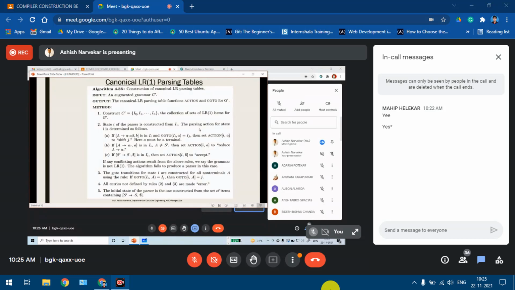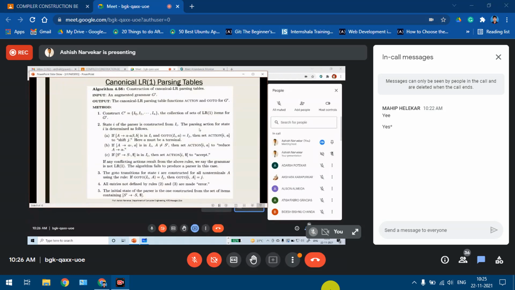For example, consider that Ii is I0, and we take the augmented production S dash gives dot S comma dollar.